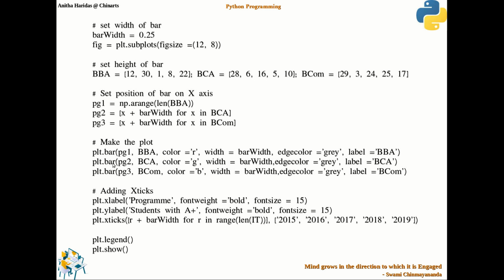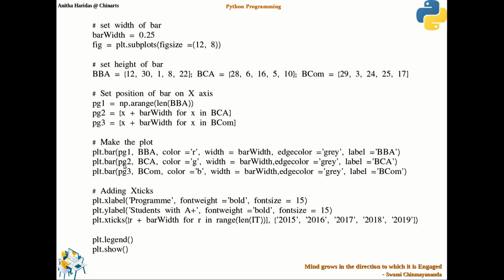Then I am going to draw the bar chart. Please observe here, I am drawing the bar chart with the X value as this one, and the Y value is BBA, color is red, and the width will be the bar width, which we had already set, and the edge color must be gray, and the label will be BBA.